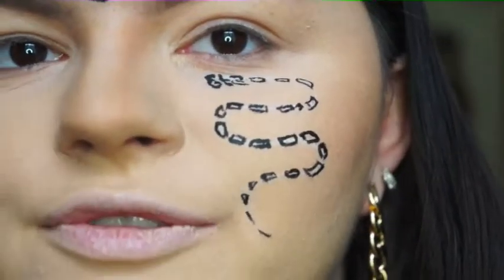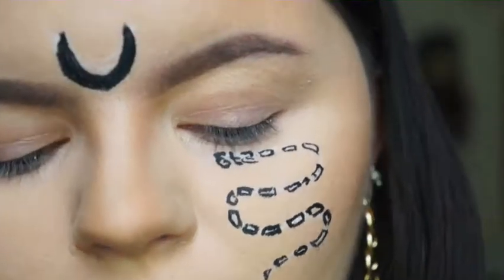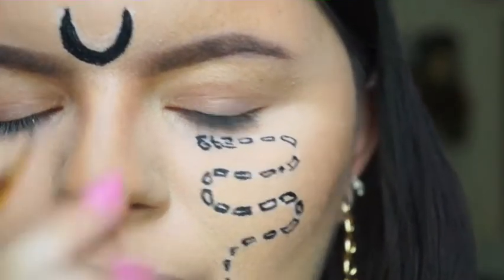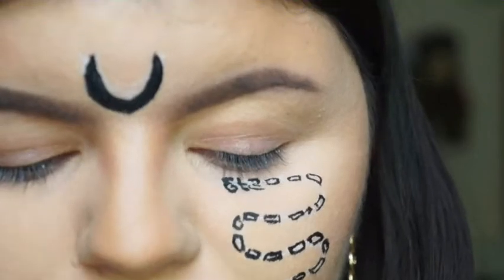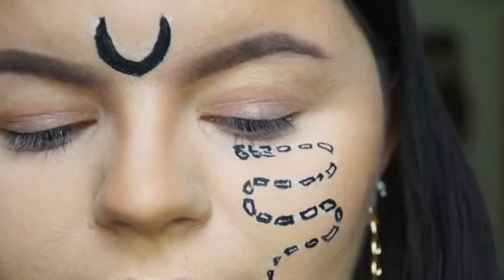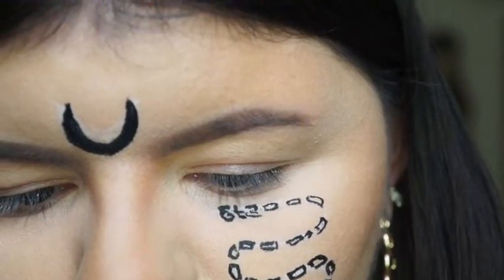Okay, so I've done the outline. There are loads of little boxes in the tail shape that create the shape, so what I am going to do now is just go in and fill it in, just to add the actual detail and just to make it more